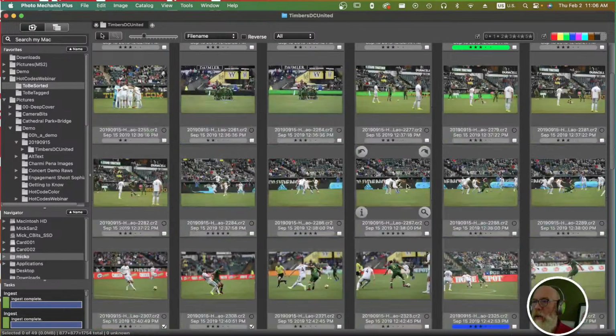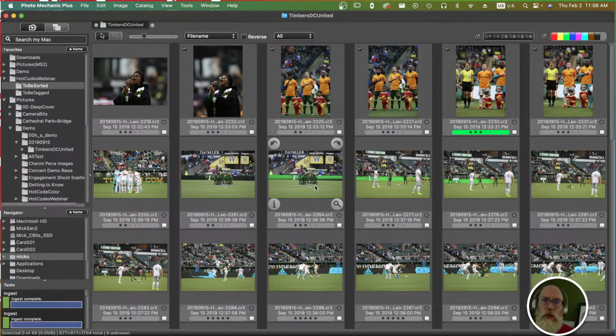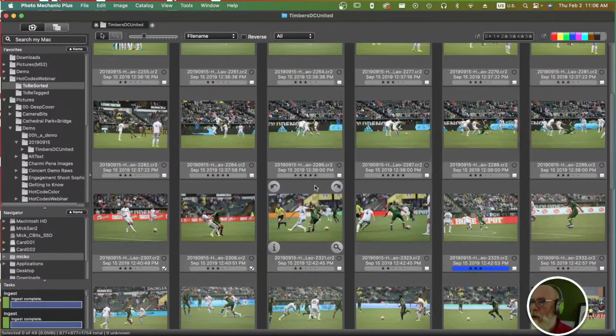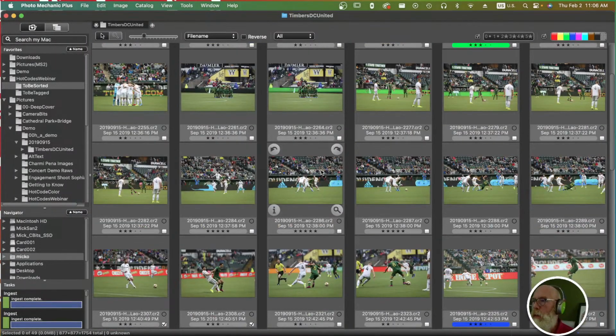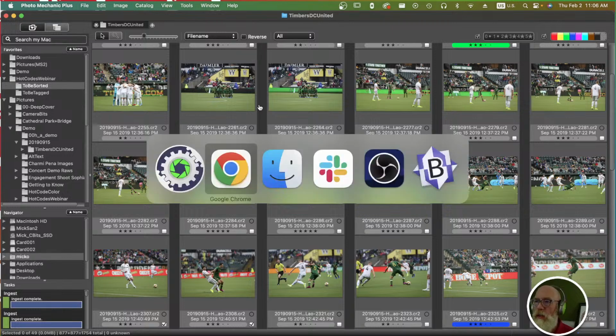So here we have some images from a soccer game that were shot by Howard Lau, who's in the audience right now. Howard, again, thank you very much for these images. And I just wanted to show basically how code replacement works. I'm going to show you my code replacement file for these images. So let's go into,